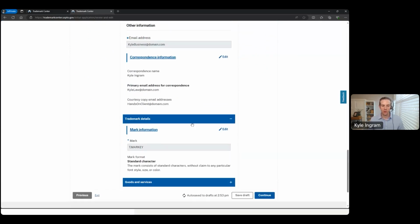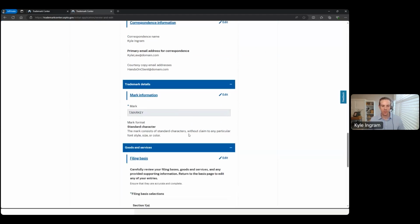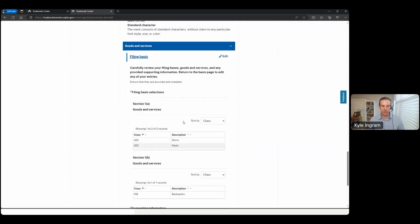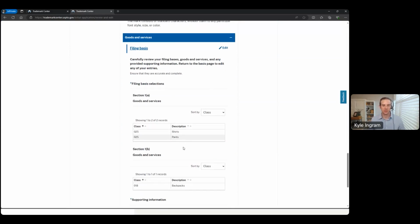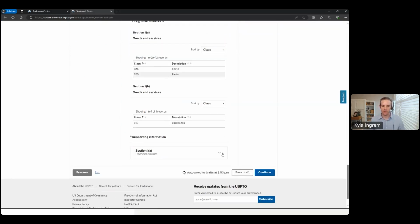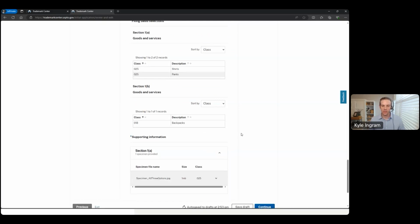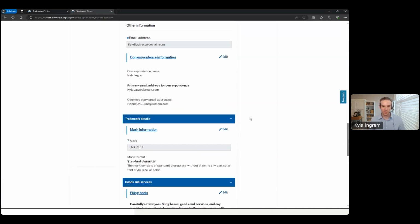Click on the trademark details. There you go, standard character, T marquee. Your goods and services. 1A goods and services, shirts and pants. There we go. 1B, backpacks. Supporting information. You can hit that drop-down window. That'll pull up the JPEG of the specimen that you provided. If everything looks good,